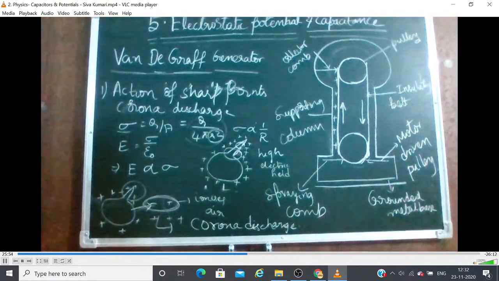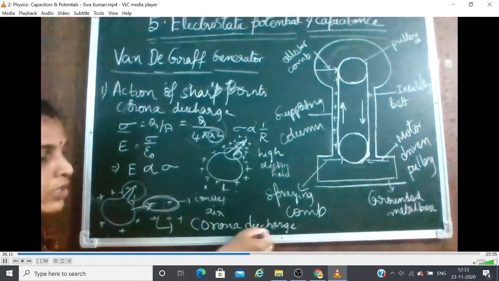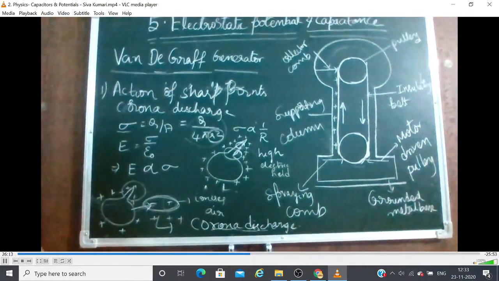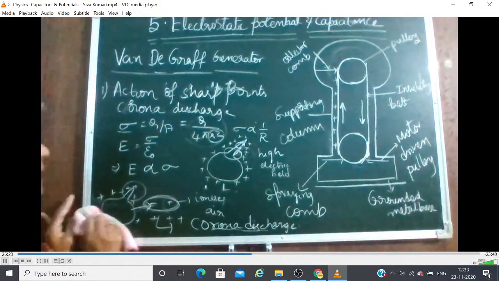Actually, the air is a dielectric. It is not a conducting one, but it can transmit electric effects. That effect, in the form of corona discharge, we can see in lightning. On the basis of this corona discharge principle, the Van de Graaff generator works. So the second one is